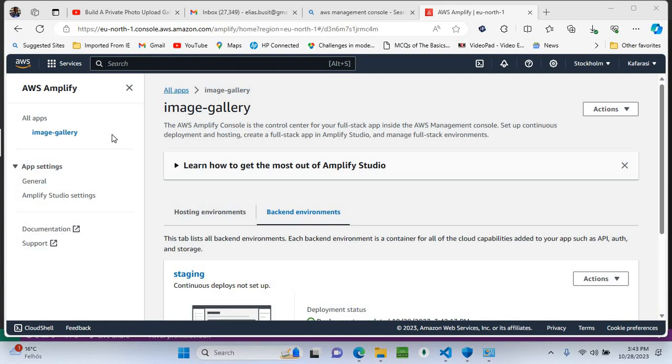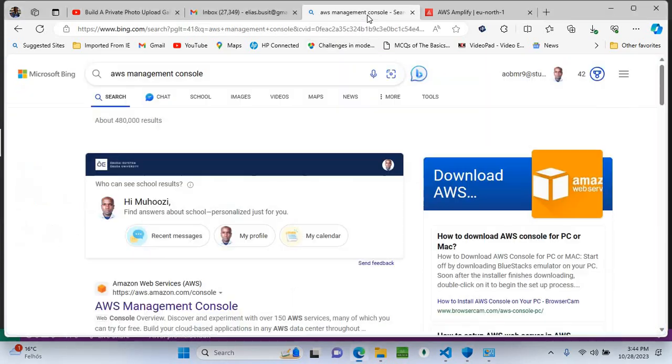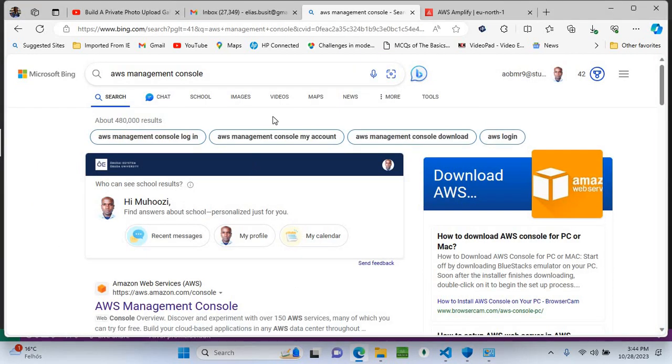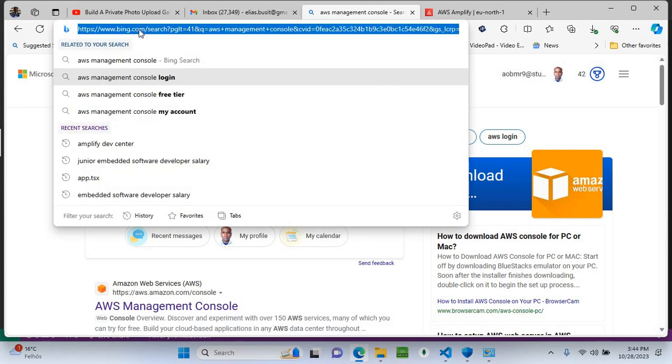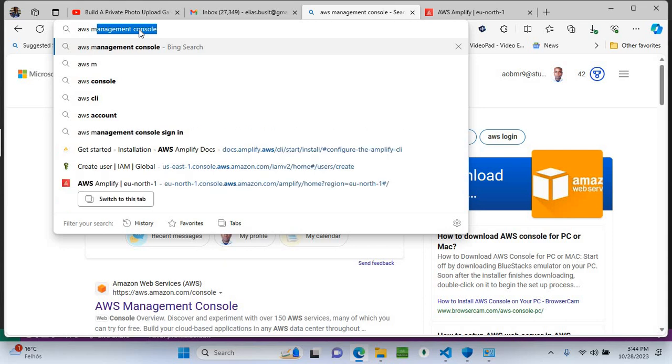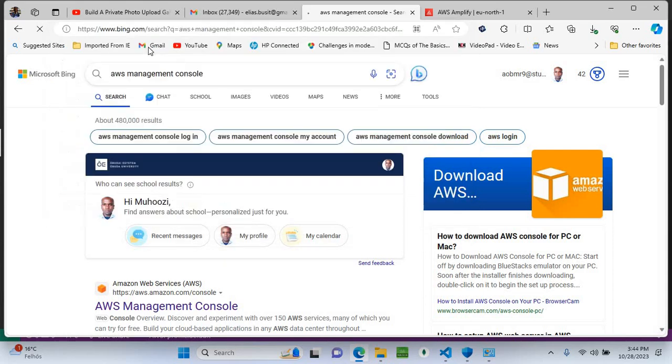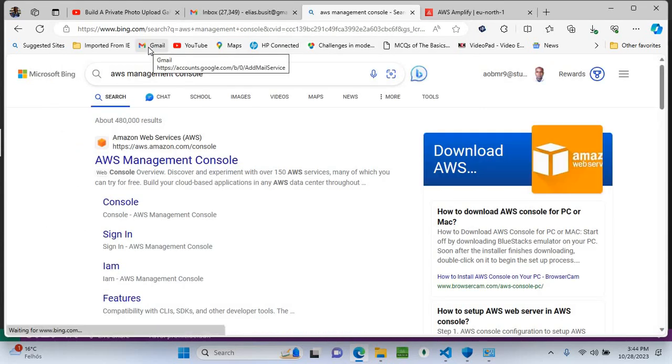I'm going to be teaching you how to build a photo gallery, and I want to take you back to where I've come from. You just type in your browser, AWS Management Console. I want to show you how to build a private photo gallery using AWS S3 and the buckets, and creating an app on the Amazon